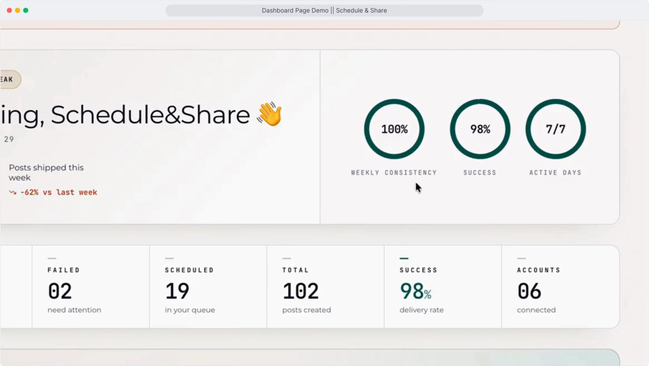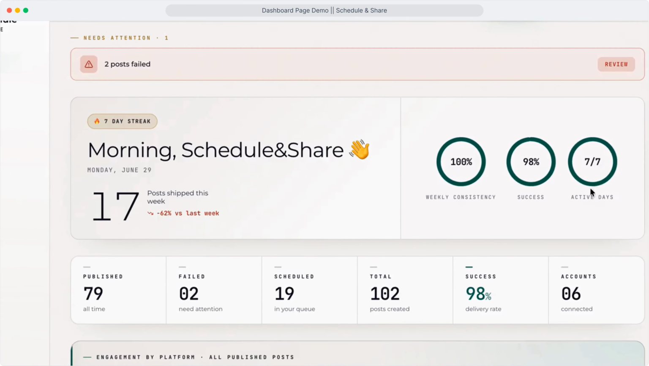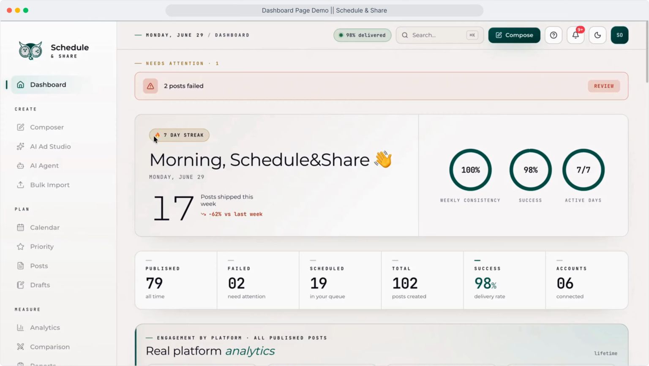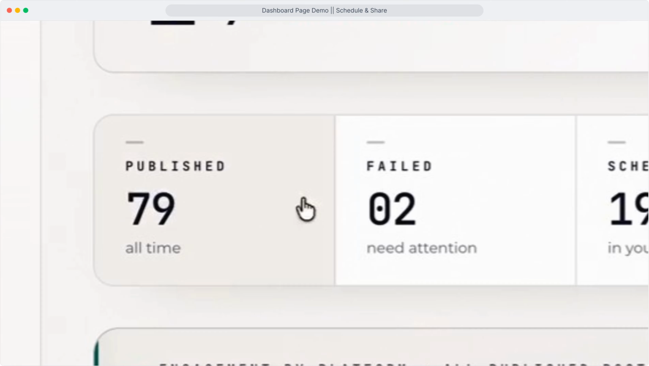Along with your publishing success rate, you also view the metrics on consistency in percentage and the frequency of your active days, giving you a closely correct estimation of how consistently you have been active with posting throughout the week. This pretty much sums up part 1 of the dashboard. As we move down,